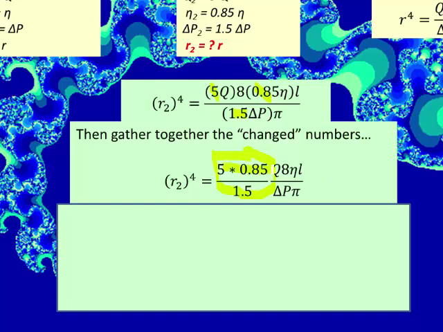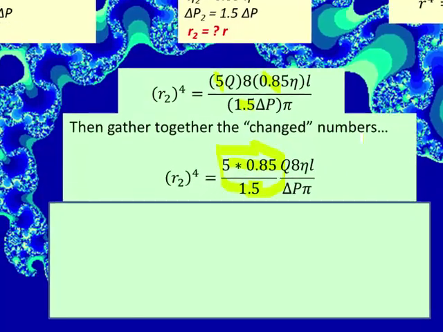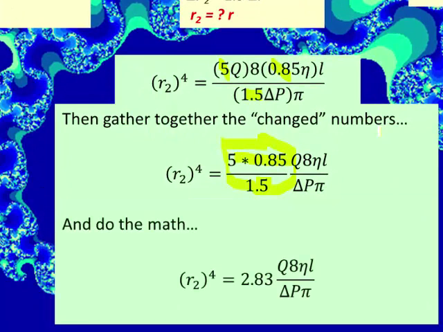It's not something that changed as a result. So I gathered together all those numbers in one spot, and I did my arithmetic. So now I have the second radius to the 4th power is equal to 2.83 times the flow rate times 8 times viscosity times L divided by the change in pressure and pi,